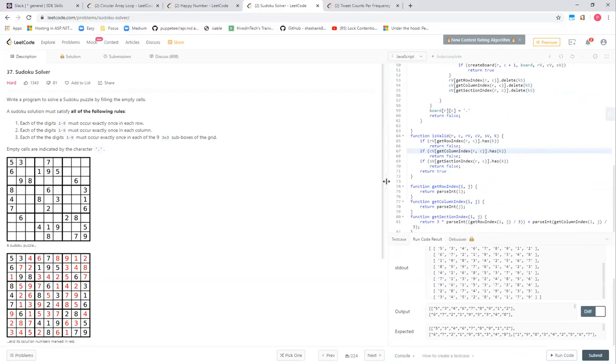So I asked, if it's not a 9 cross 9 Sudoku, it's an n cross n with the same logic, what will be the time complexity? And what was the answer? N raised to the power n square. Okay, n raised to the power n square.